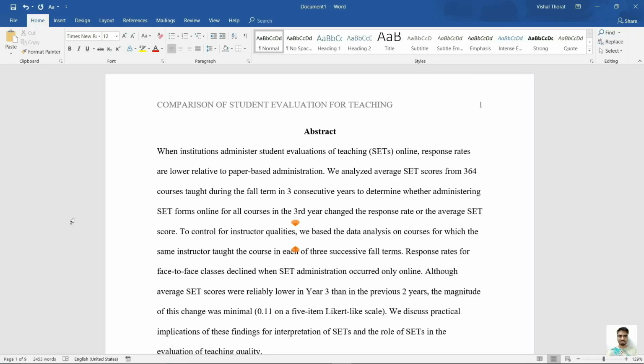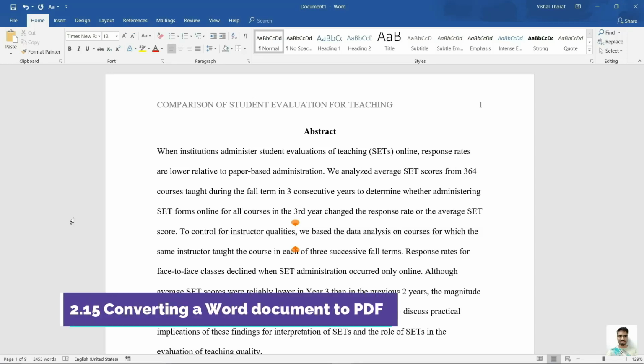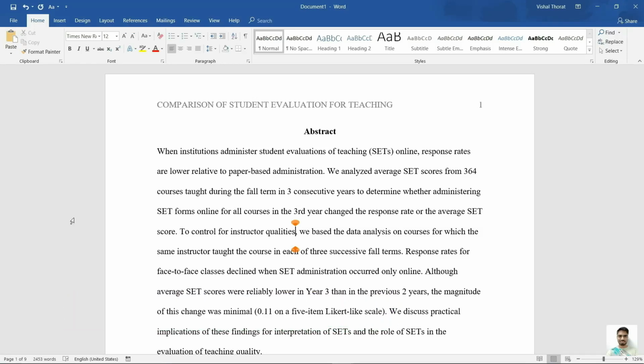The last important feature to cover here is how to convert your document. If you open the same Word file in different versions of Microsoft Office, formatting usually changes. This makes it difficult to print Word files when you are printing it from a PC other than the one you have used to type or edit the document in. Converting Word documents to PDF helps you to retain the exact formatting no matter in what type of PC you open it in.